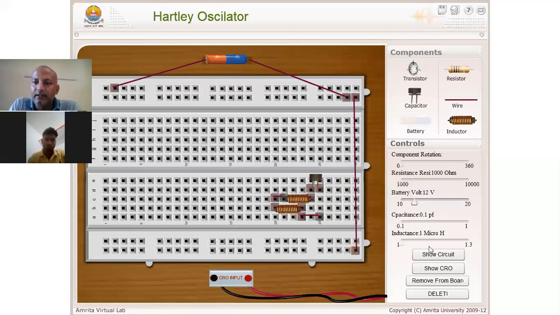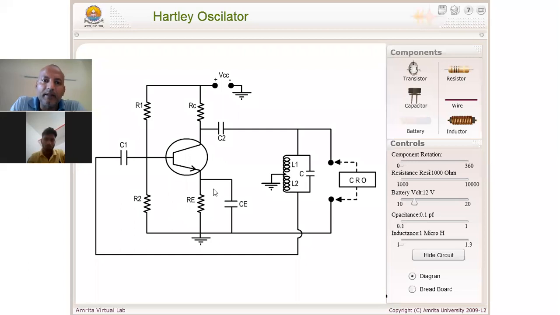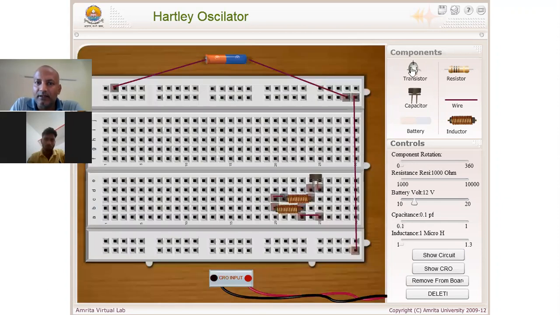Now in the second circuit we have an NPN transistor in common emitter configuration with self bias mode. So place a transistor here. In self bias, we know the base has two resistances R1 and R2.